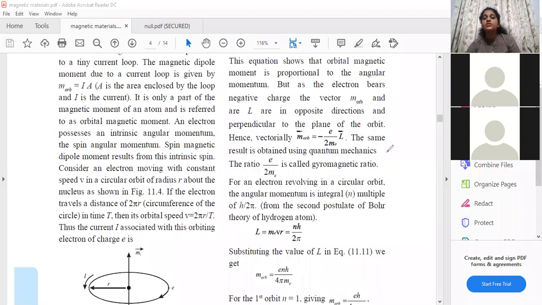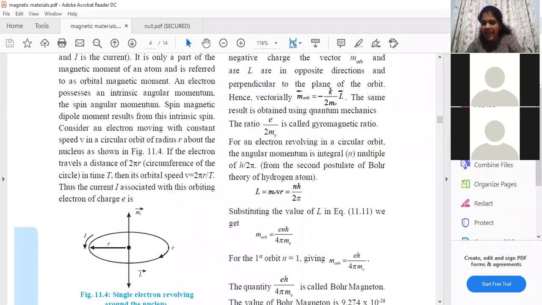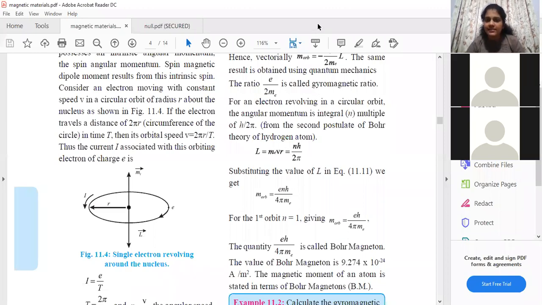Okay, fine. All right. Now, students, you all remember I discussed that here the angular momentum formula has been written using Bohr's second postulate. So now that will come into picture. You all have to use this other formula, nh upon 2 pi, and you have to modify the magnetic moment. So right now, what is our magnetic moment? e upon 2me into L. Yes or no? Now, instead of this L, they have substituted nh upon 2 pi. See, nh and that 2 pi will get multiplied and this is how the formula is modified. All right, as simple as that.